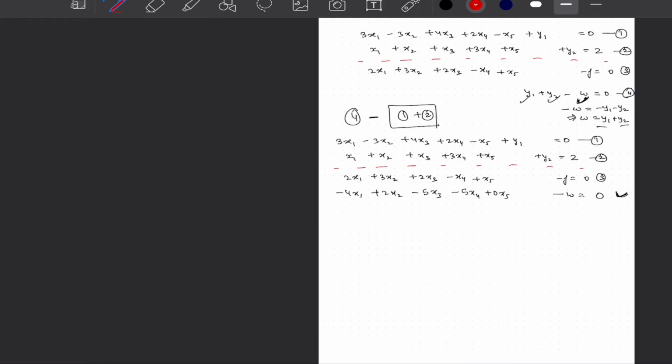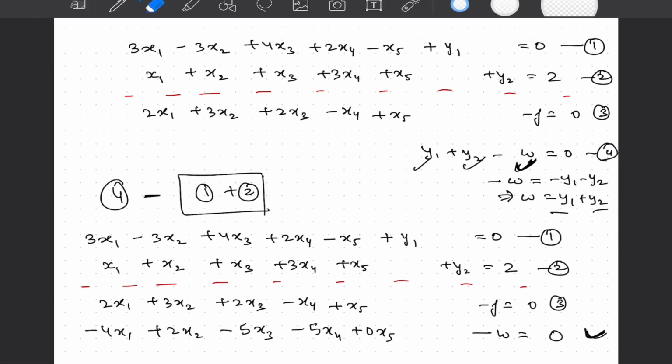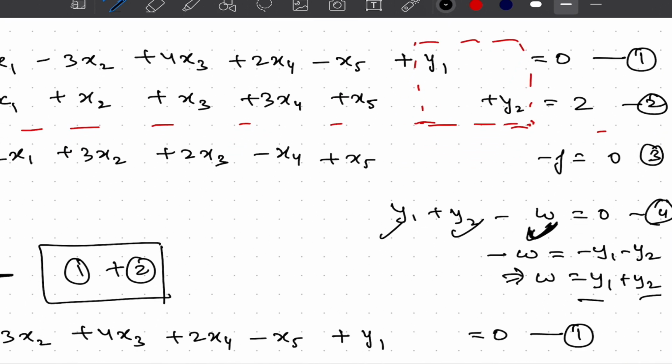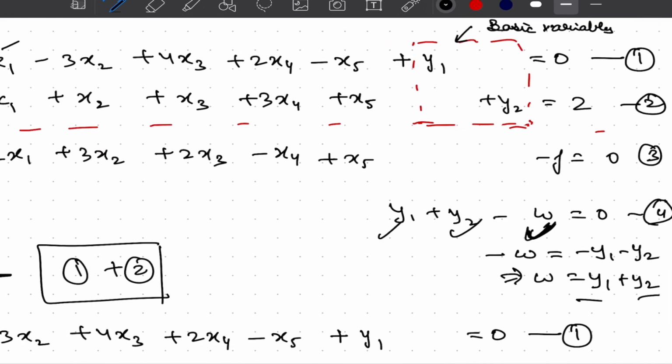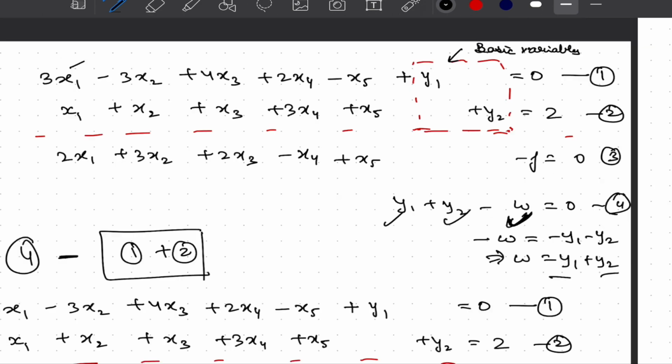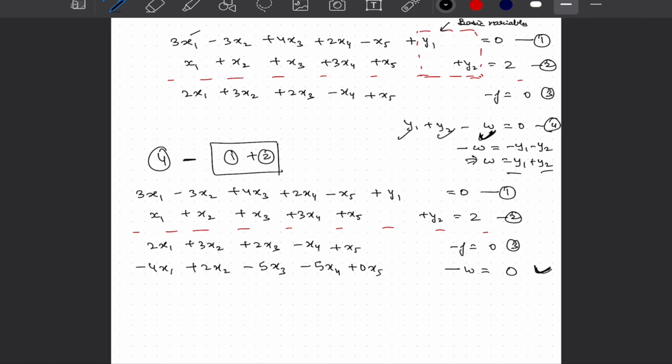Now what we will do, we will write these equations as 3x1 minus 3x2 plus 4x3 plus 2x4 minus x5 plus y1 equal to 0, and in second equation we will introduce y2, and now you can clearly see that we have a canonical form about these y1 and y2. And also by now you must have realized that the variables by which we have canonical form should be our basic variables to begin with, because if we set everything else, x1, x2, x3, x4, x5, to 0, then our first solution becomes y1 equal to 0 and y2 equal to 2 immediately, and that is why we are reducing it to canonical form.